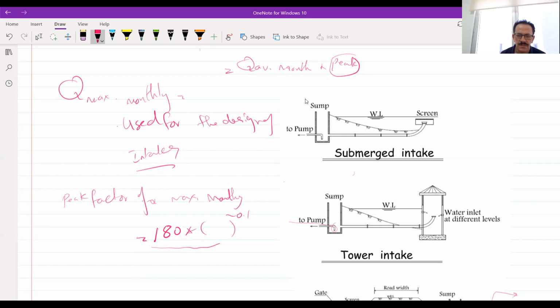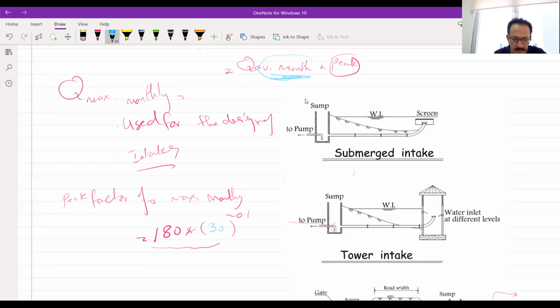Yes, but you should put the T, I think. T is equal to how many days? 365, this is a year. No, 30 days. That's correct for yearly, but I'm not asking about maximum yearly, I'm asking about maximum monthly. So T should become 30. Yes, 30. You can check, it is 1.28. So let's check this number.